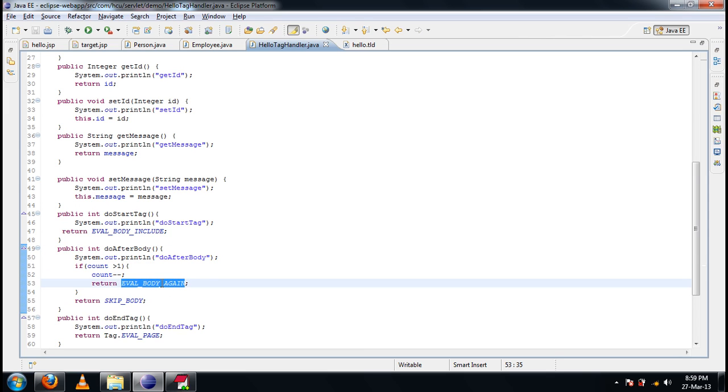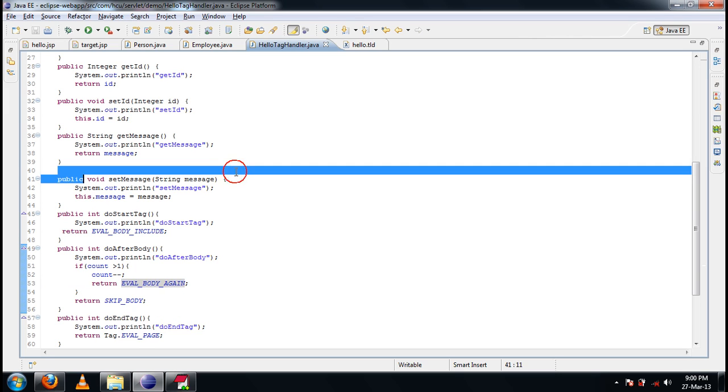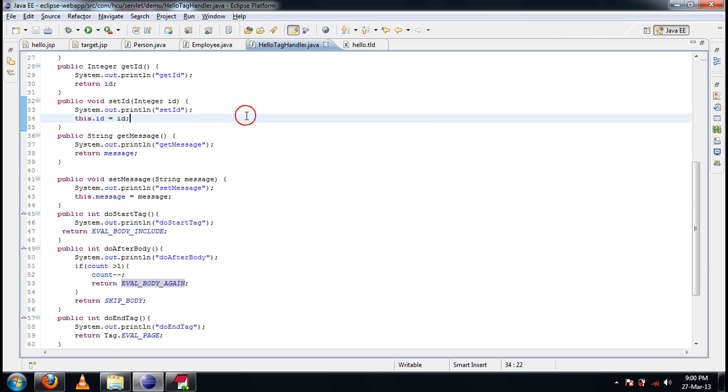These two are specific to IterationTag. These two, the doAfterBody method and the EVAL_BODY_AGAIN attribute, don't exist in the Tag interface. These two are specific to IterationTag. Understood? Okay, this is how we can execute the body of a tag in a looping, iterative way. We can execute the body of the tag multiple times. Understood? Okay, now